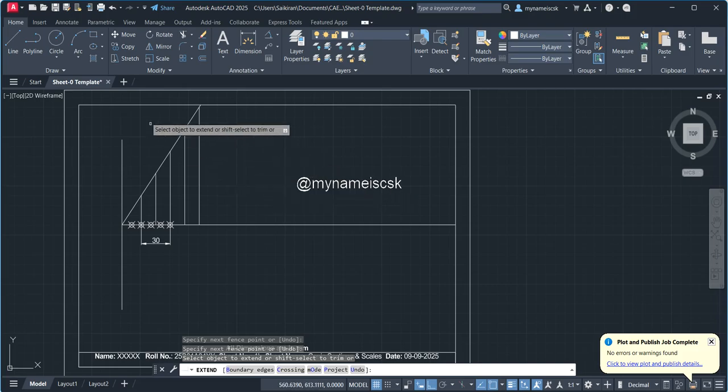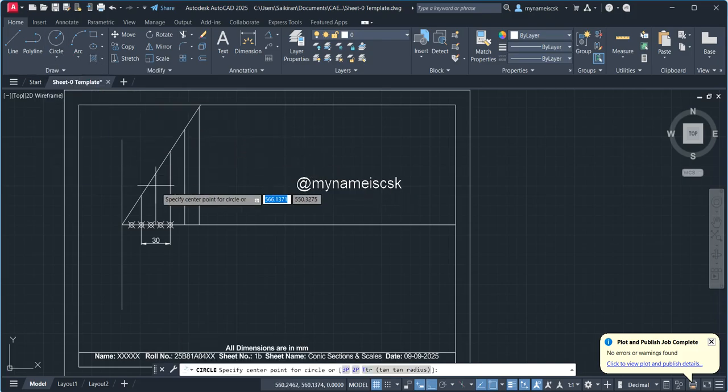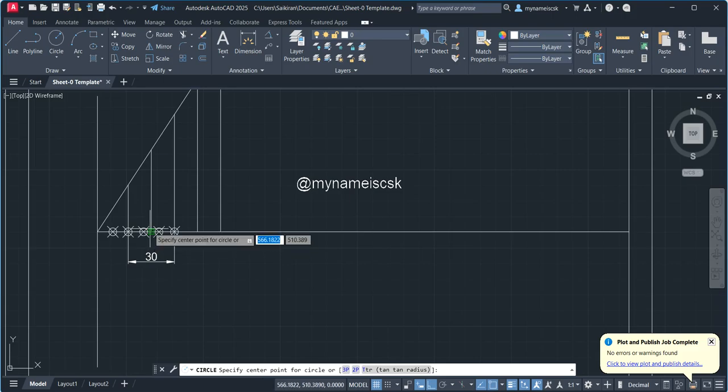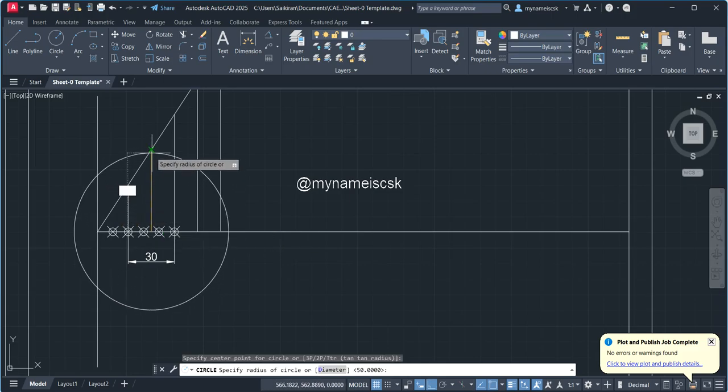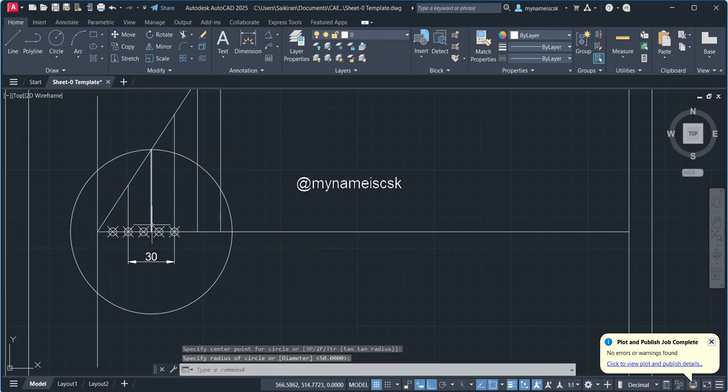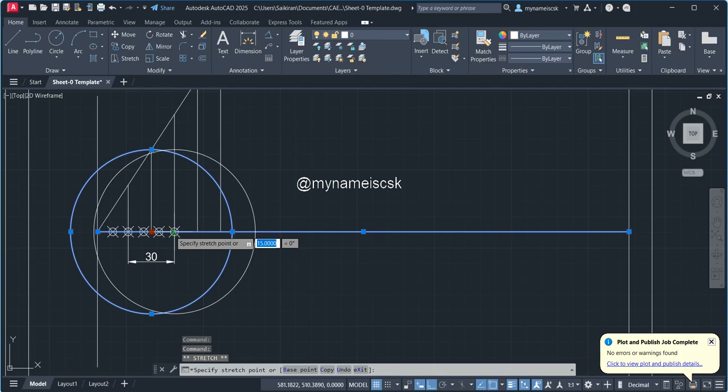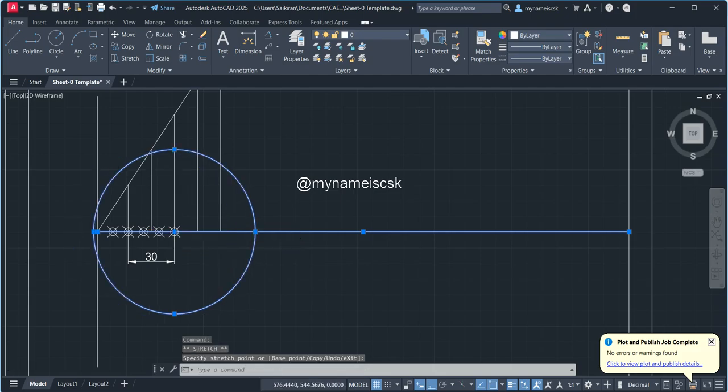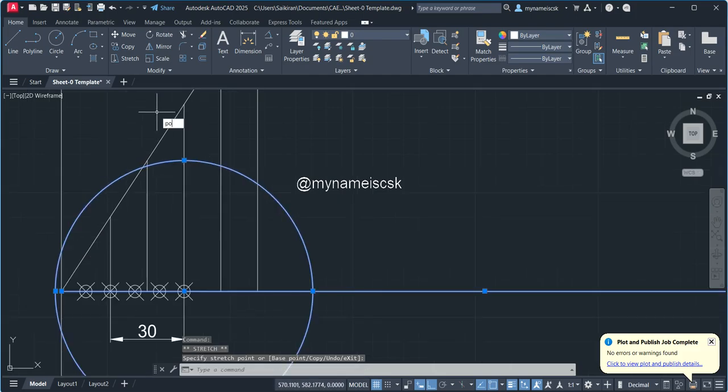Okay. Then I have to take a circle, center and radius. Then I have to click the first point. 1 to 1 dash is the radius. This 1 to 1 dash I have to move to the focus. So my focus lies here. Moving my circle to focus. So it is touching at a point here. So PO, enter and